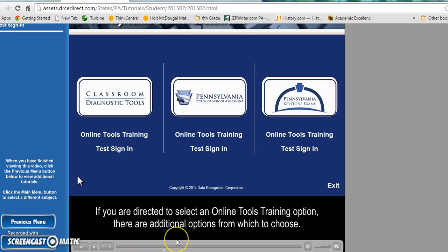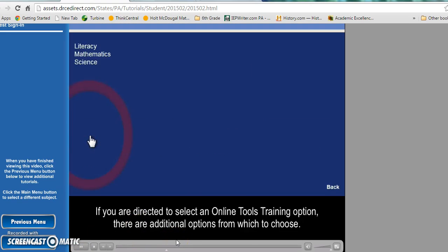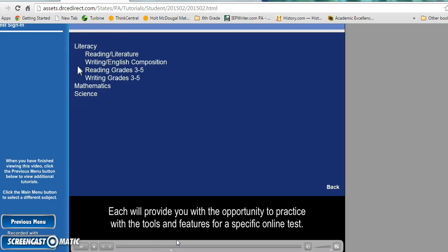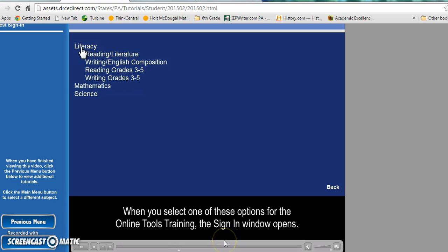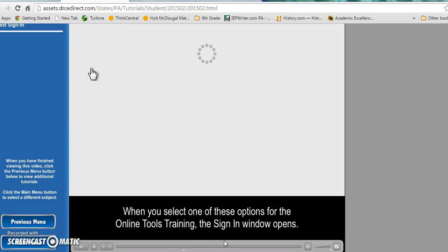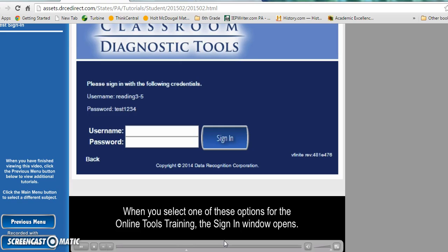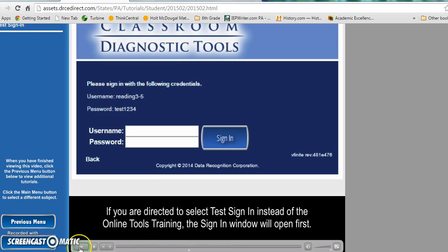Directed to select an online tools training option, there are additional options from which to choose. Each will provide you with the opportunity to practice with the tools and features for a specific online test. When you select one of these options for the online tools training, the sign-in window opens. If you are directed to select test sign-in instead of the online tools training,